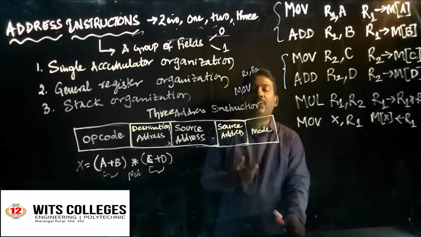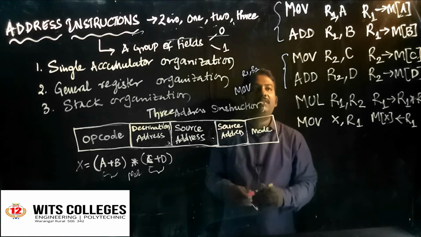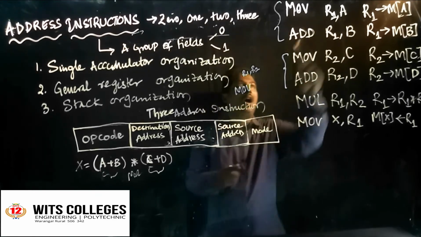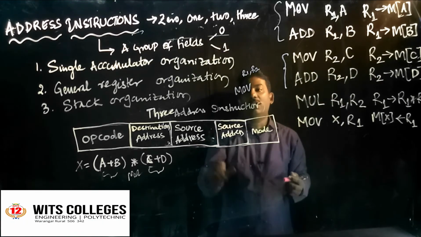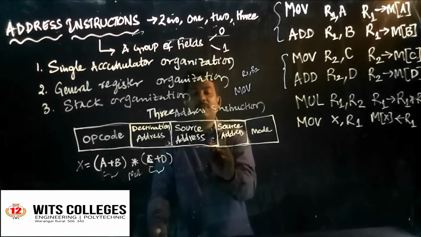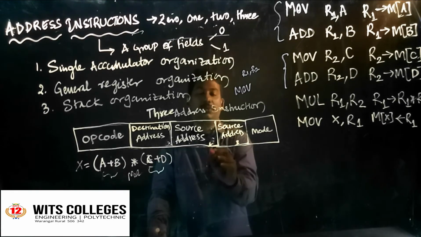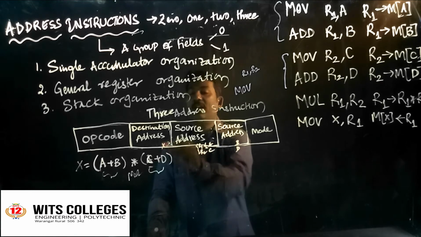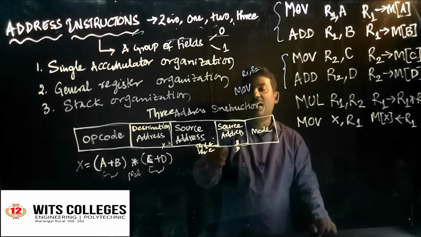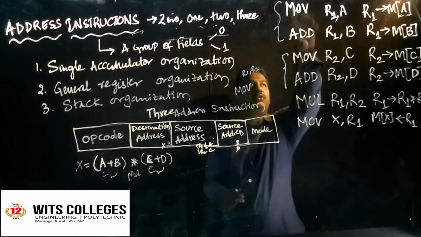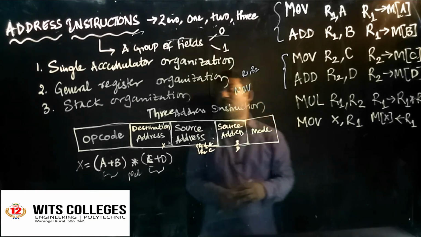The same problem we are going to use again, but now we have two sources. That means directly with the two registers we can do it. Instead of moving to R1 and R1 to A and then adding, we can use two sources. A is one source, B is one source, C is one source, D is one source. This will be with R1 and this will be with R2, and these two come under the destination X. Now the destination address is X, the source addresses are A and B, and the next source addresses are C and D. So instead of these two steps, we can do it in only one step.